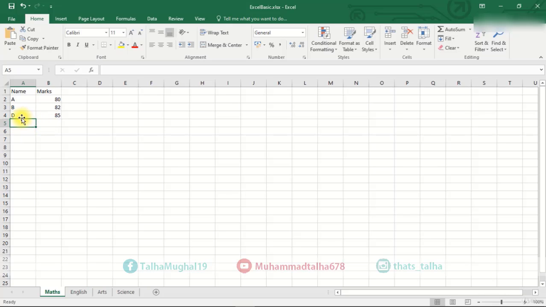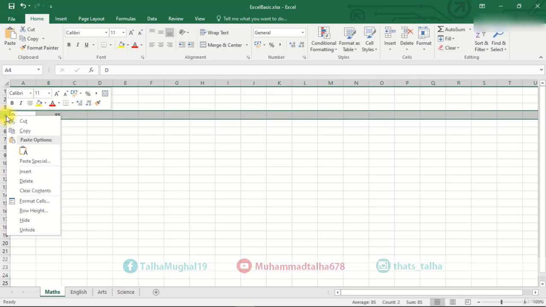But if you want to add data between these existing rows, say you want to add a student C between student B and D, for this, I need to insert a row between B and D. To insert a row, we right click on the number 4 of this row 4 and select the insert option.